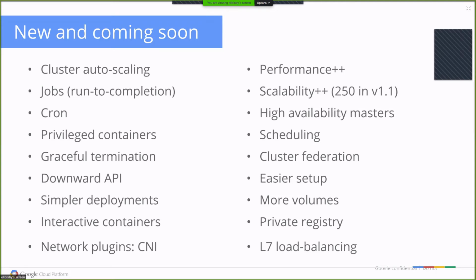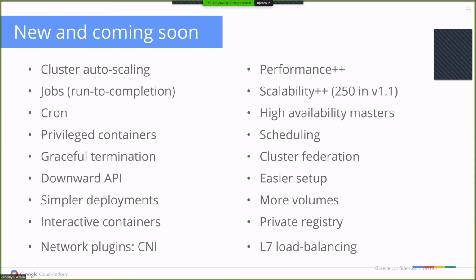So those are also principal Kubernetes objects now. Jobs, so if you have containers that instead of exposing a service run to completion, you can specify a job, which is a set of pods that will run to completion successfully a certain number of times. So this is useful for your batch processing.